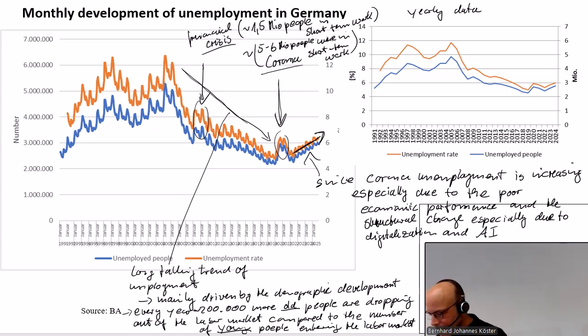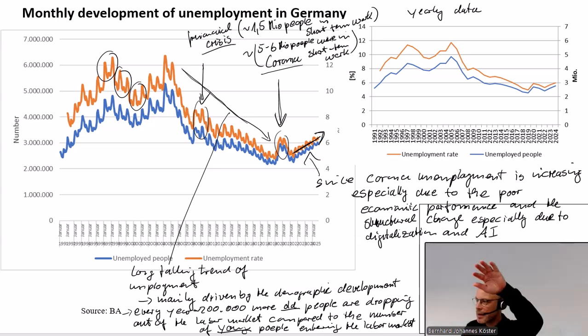Okay, and then the last one is my question, because now we want to come to different kinds of unemployment. What are the reasons for unemployment? And here you see, if you look at the development on a monthly basis within a year, we have a repeating pattern: the unemployment rate twice comes up and twice comes down. Do you have an idea what could be the reason for this repeating pattern